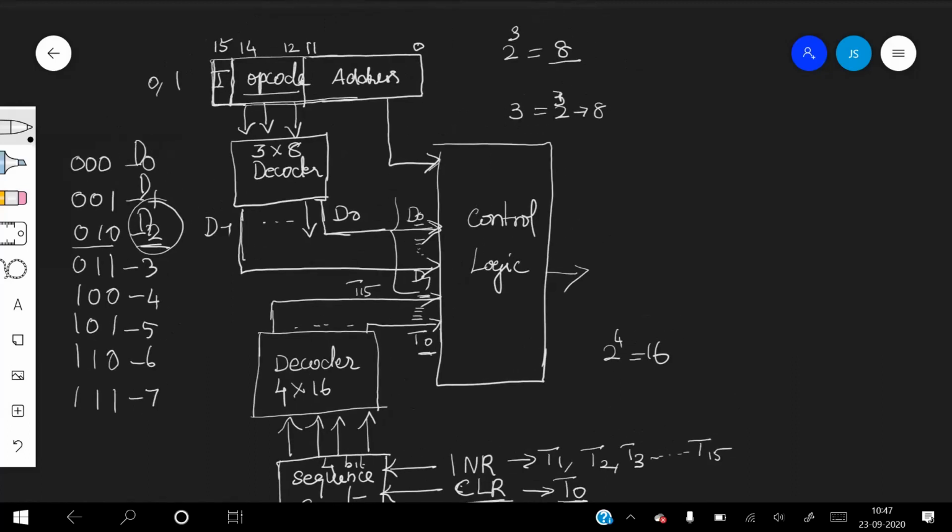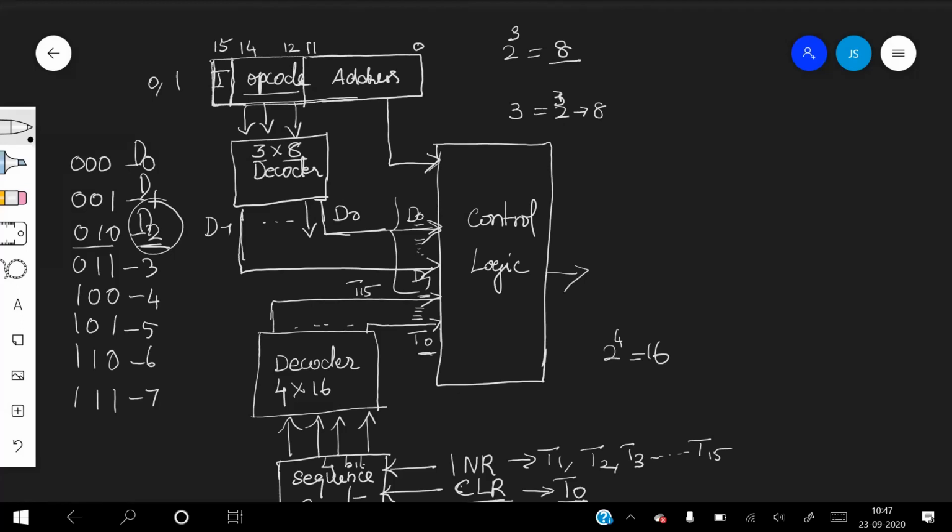The instruction code has 3 parts: address, opcode, and the addressing mode, which may be direct or indirect. The address is applied to the control logic to fetch the operand, on which the operation needs to be performed, from the memory. The opcode needs to be decoded to find the operation that is to be performed. The 3-bit opcode is given to a 3x8 decoder. It takes 3 inputs and gives 8 outputs, which are the 8 different operations the computer can perform.